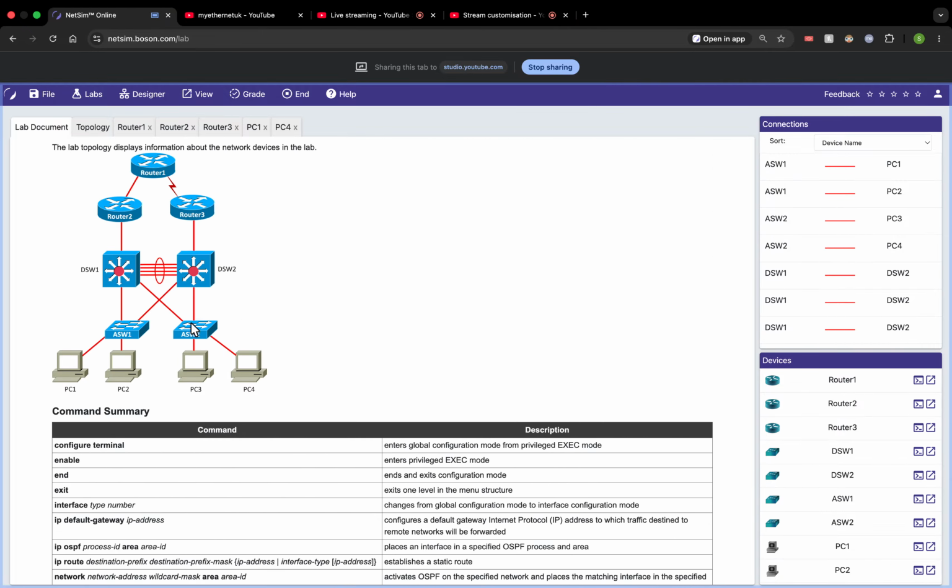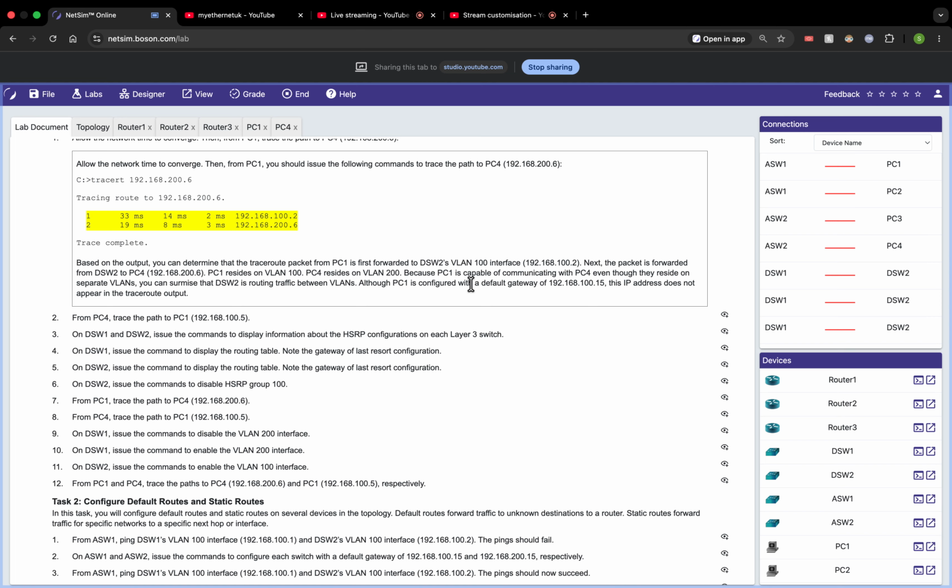Next, the packet is forwarded from distribution switch 2 to PC4. PC1 resides on VLAN 100, PC4 resides on VLAN 200. Because PC1 is capable of communicating with PC4 even though they reside on separate VLANs, you can summarize that distribution switch 2 is routing traffic between VLANs, although PC1 is configured with the default gateway